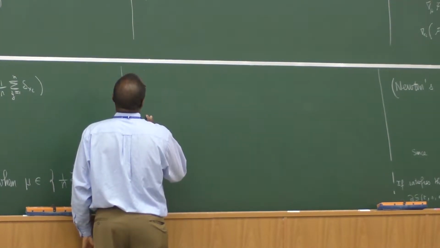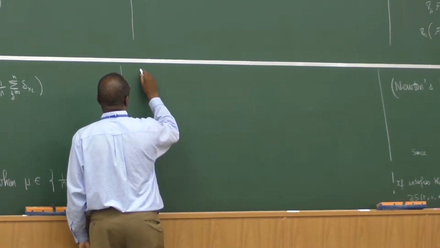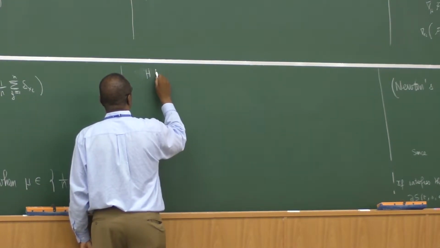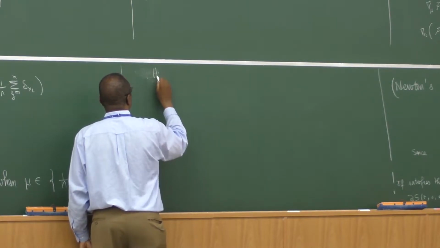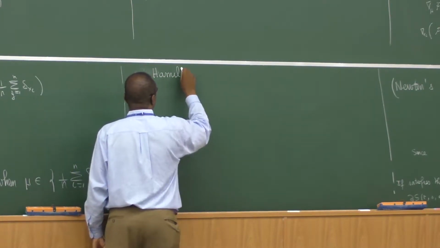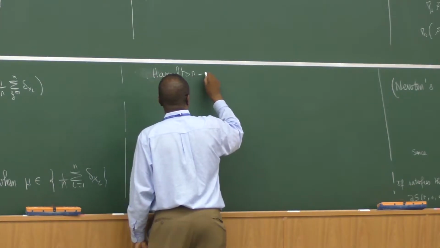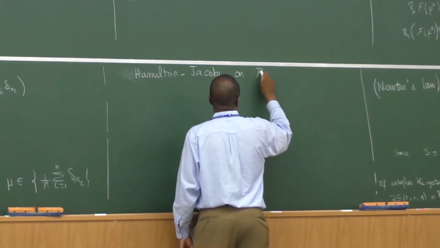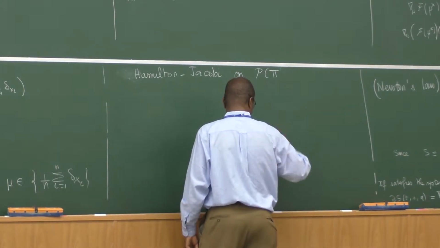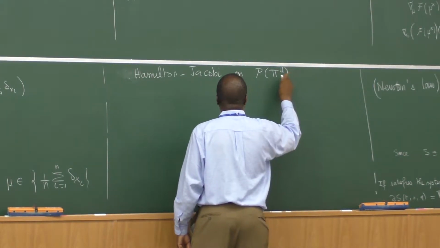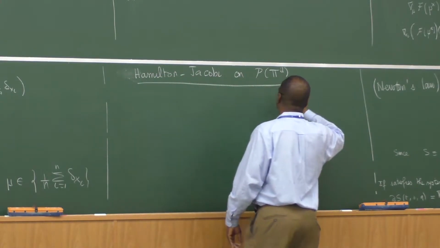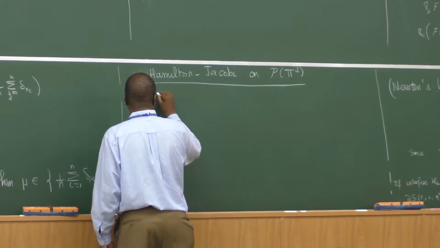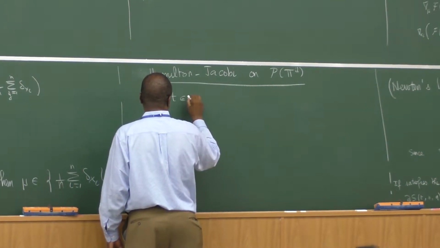So, for Hamilton-Jacobi on the set of probability measures, for T in 0 to T,